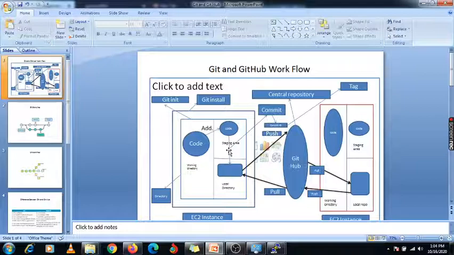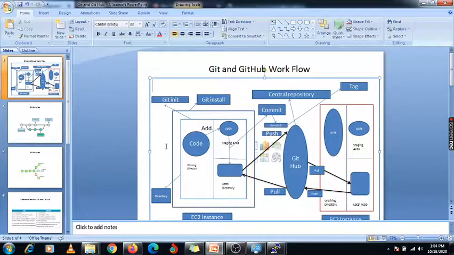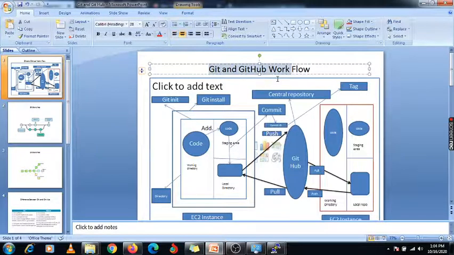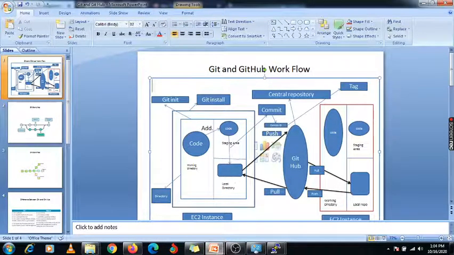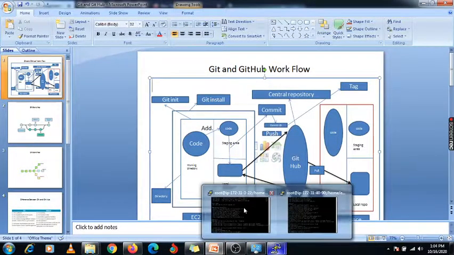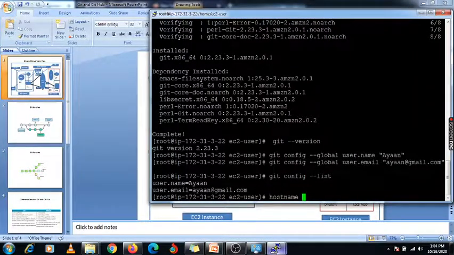So that is our incremental snapshot, and then we can push it to our GitHub repository. So before doing this lab, you just need to remember what exactly we are doing under Git and GitHub. Okay, so now we are moving towards the Linux machine.